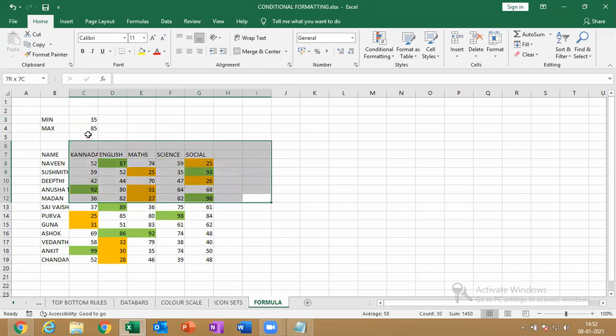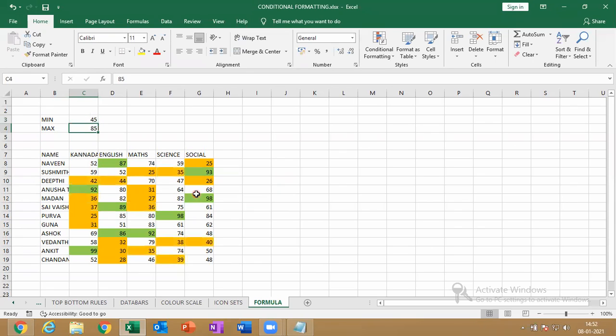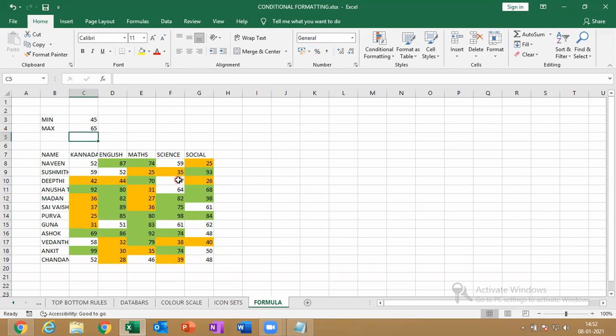Now the rule is lesser than 35 are highlighted. If I make 45, now lesser than 45 will be highlighted. Numbers will not change. The colors will change. Yes, it will color all the cells that are lesser than 45. Yes, greater than 65, it will highlight all the cells that are greater than 65 into green color.